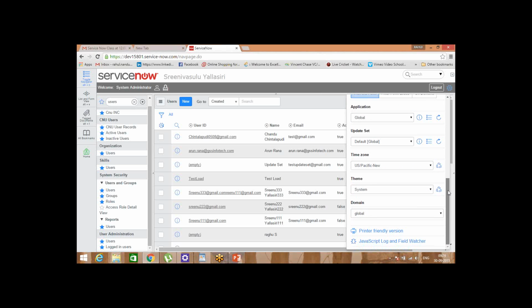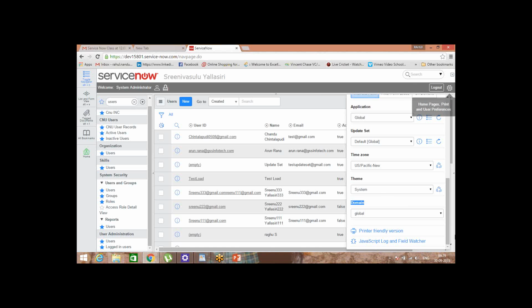Is everyone able to see a domain field here after clicking this icon?